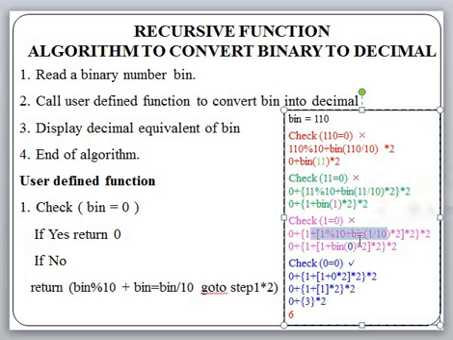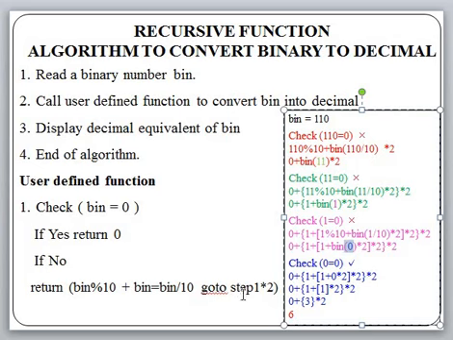1 percentage 10 plus bin 1 divided by 10. So in the process altogether, we will get the answer of this 1 percentage 10 is nothing but 1. It is then further 1 is divided by 10. It is nothing but 0. So bin of 10. So this bin of 10 is multiplied by 2, and we have to now check this value bin 0, whether this 0 is equal to 0.